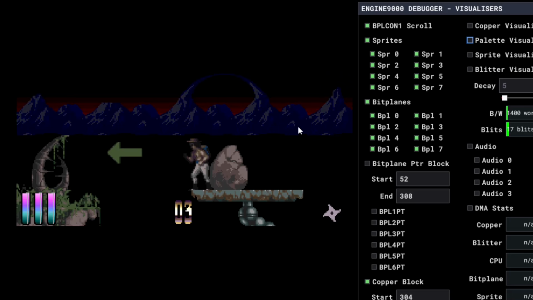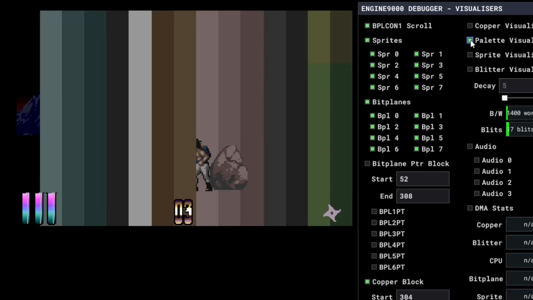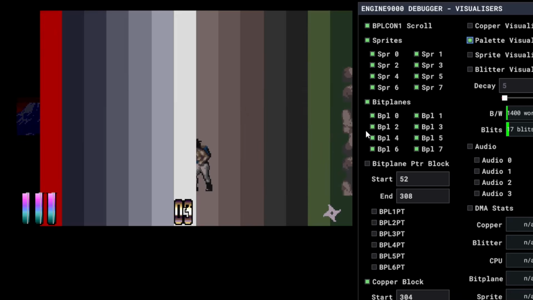So here's a great representation of the palette changing. I'm about to jump over here. So I'll put the palette visualizer on, and then look at that. So it changed the whole front layer to these colors. And then look what we're going to walk up on